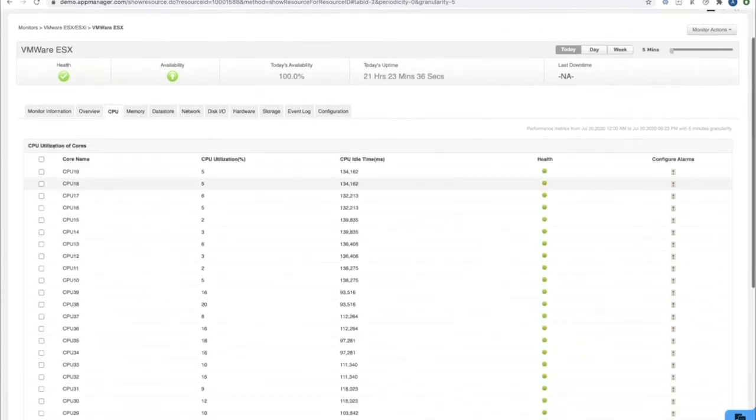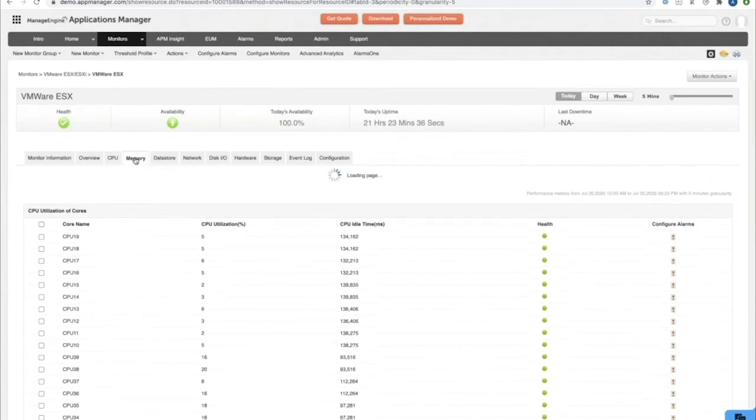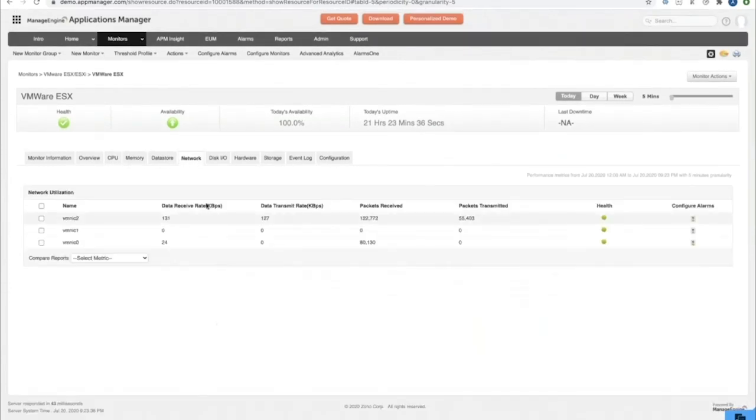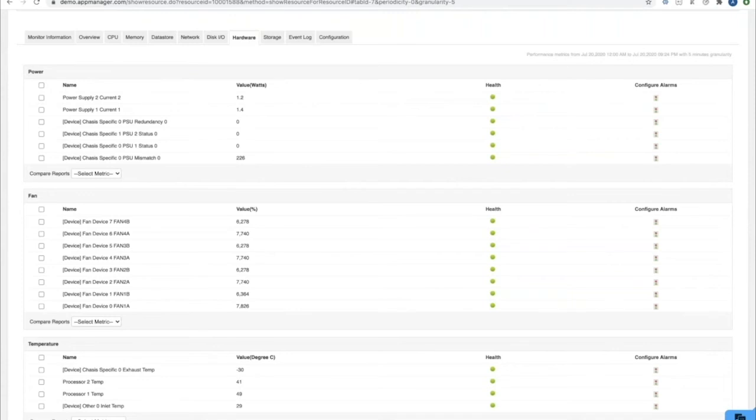The CPU utilization broken down by individual cores, memory utilization stat, network details, and finally, let us take a look at the hardware details that we were talking about in the presentation for so long. So right here, you can see the power, the fan, and the temperature details of this